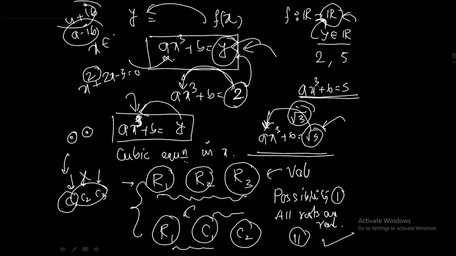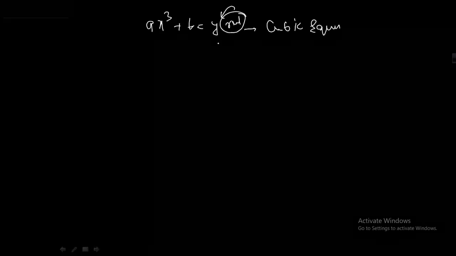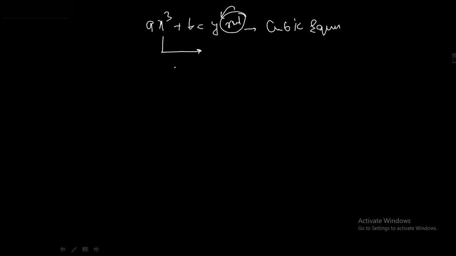Values of x, roots মানে হচ্ছে values of x। তোদেরকে যদি এই কোয়াড্রেটিক ইকুয়েশনটা সলভ করে রুট বের করতে বলি, তোরা কি বের করবি বলতো? ভ্যালুজ অফ x বের করবি। তাহলে এই ইকুয়েশনের রুট মানে ভ্যালুজ অফ x। তাহলে আরেকবার প্রথম থেকে বলি, যদি লিখি ax³ + b is equal to y, this is a cubic equation for any real y. তাহলে এর যে x এর ভ্যালুগুলো পাবো, তার দুটো পসিবিলিটি,